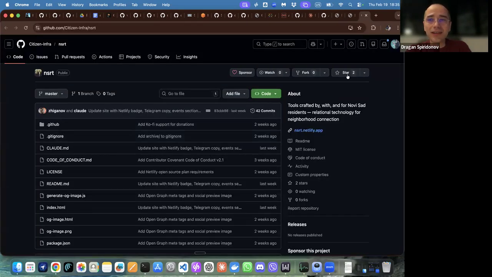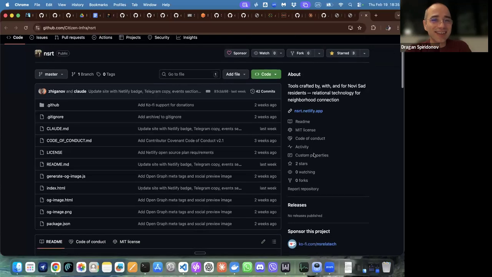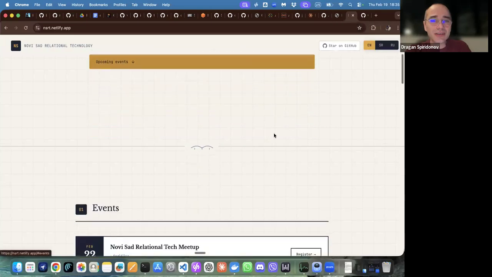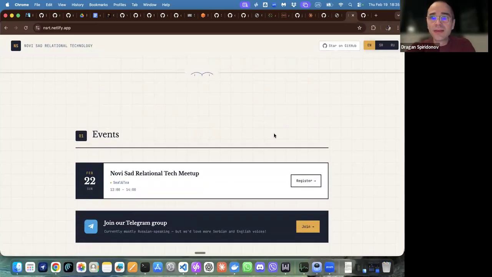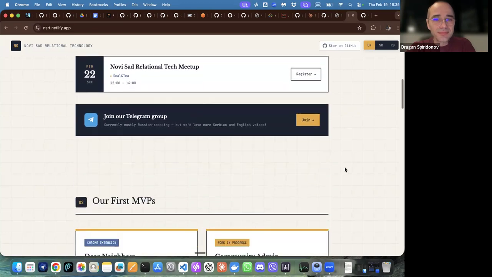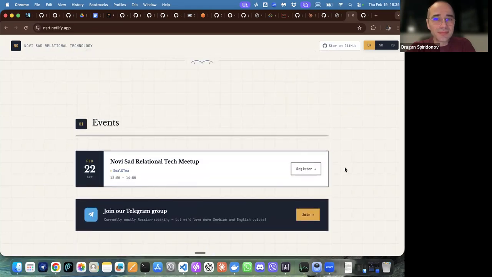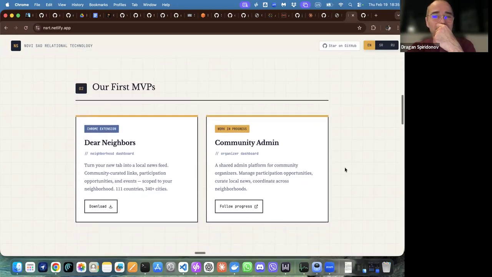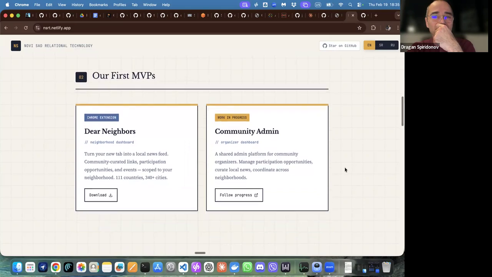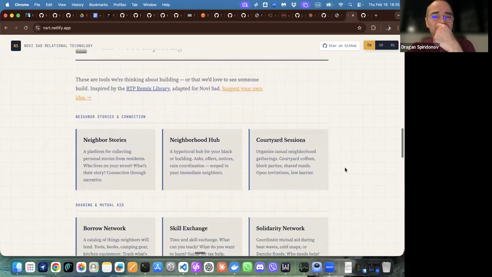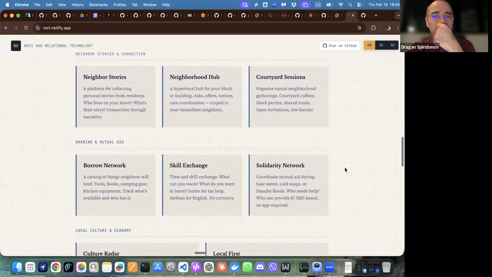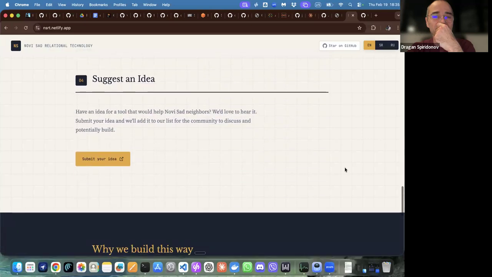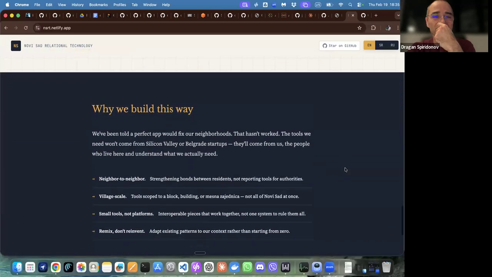So there is, okay, let me give you a star. Thank you. So I like reading it like this also. So upcoming event. I added your Meetup to the landing page, but it's not showing anymore because it's past. Yeah. We already passed it. Okay. So I coded a small Chrome extension called Dear Neighbors, but it's just like an MVP or a demo. And I have some other ideas that I haven't tried to implement yet.